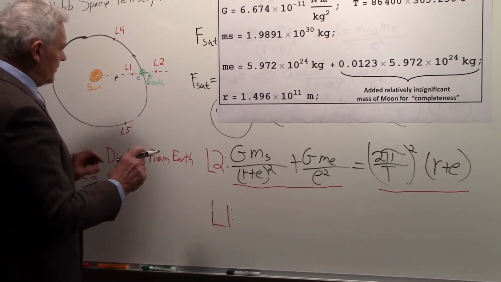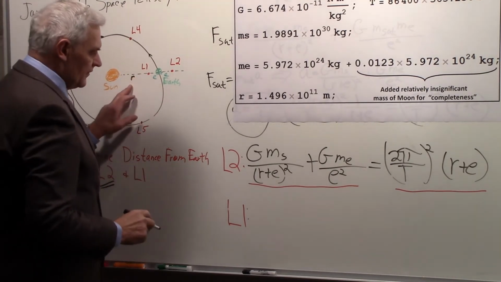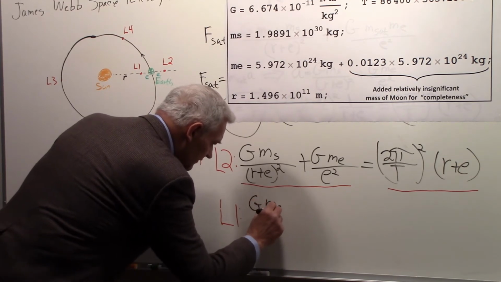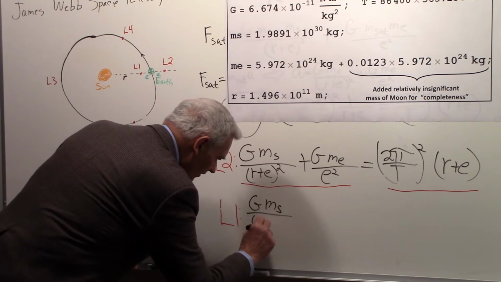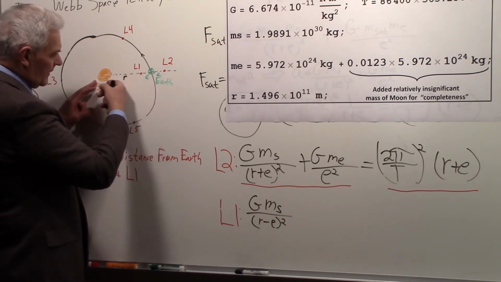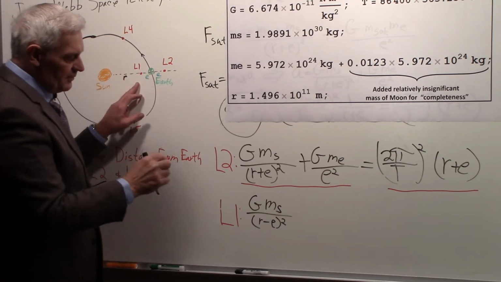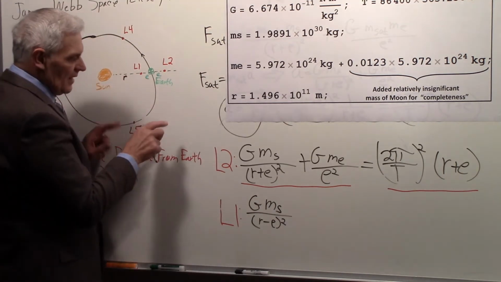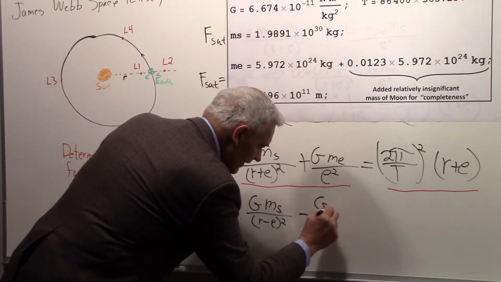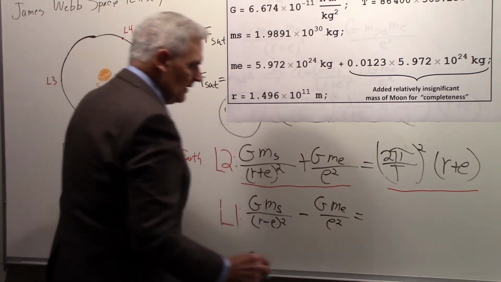Now, it's going to be very similar to L2, except L1 is on this side of the Earth, so the distance from the Sun to L1 is going to be R minus E. So we'll have a very similar term like this: gravitational constant, mass of the Sun, divided by R minus E squared. Now, the Sun is pulling the satellite towards itself, and the Earth is pulling it towards the Earth. So we'll have a similar expression for the Earth, but since the pull of the Earth is in the opposite direction, we have to use a minus sign. So this plus sign becomes a minus sign, and then we'll have the gravitational constant, mass of the Earth, over E squared. And that will be equal to, we'll have the 2 pi